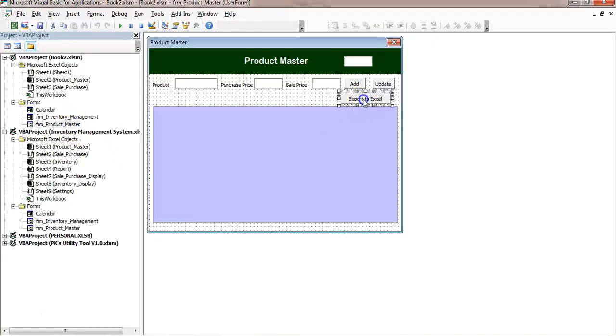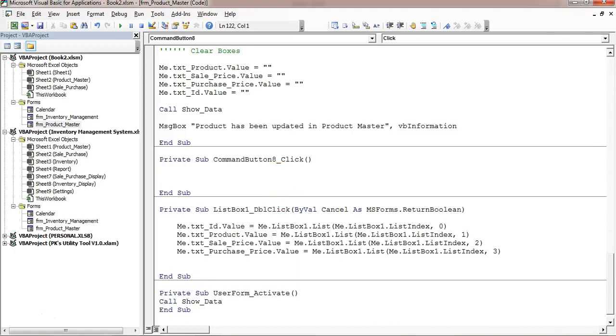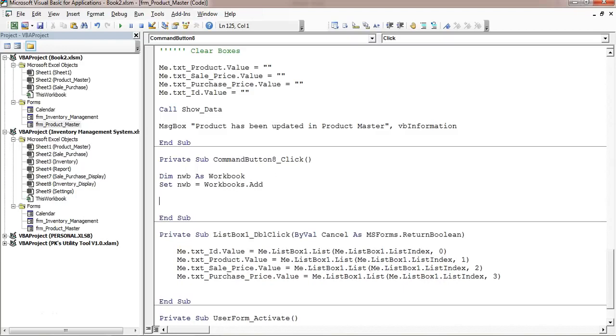Now we will put the code on this export to Excel. So just double click here. Here I will put a simple code. So I'll take here Dim nwb As Workbook, and I will Set nwb equal to Workbooks.Add. And then I will copy the data from the product master and I will paste on the first sheet of this new workbook.